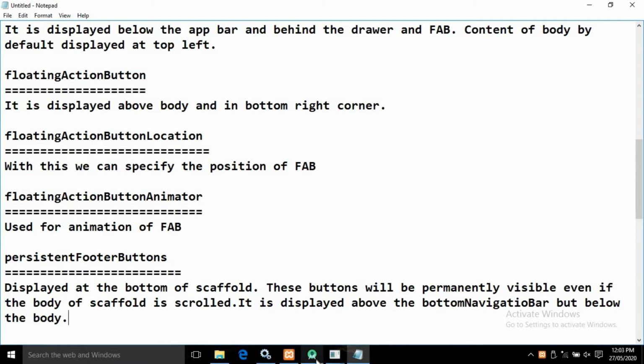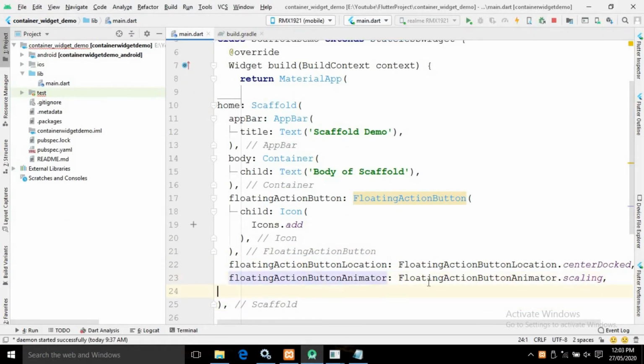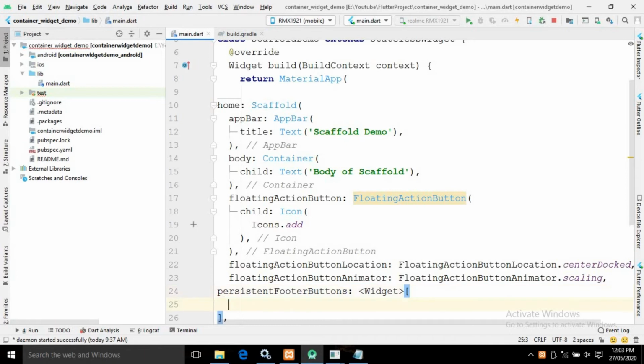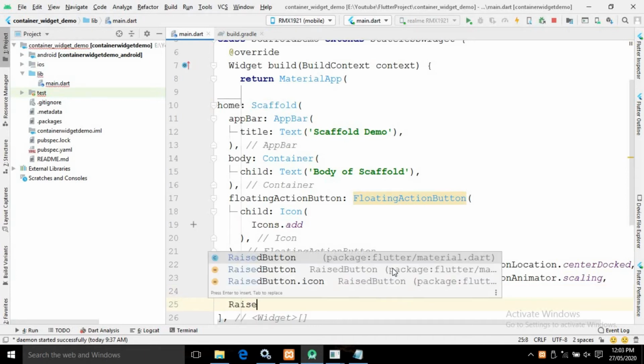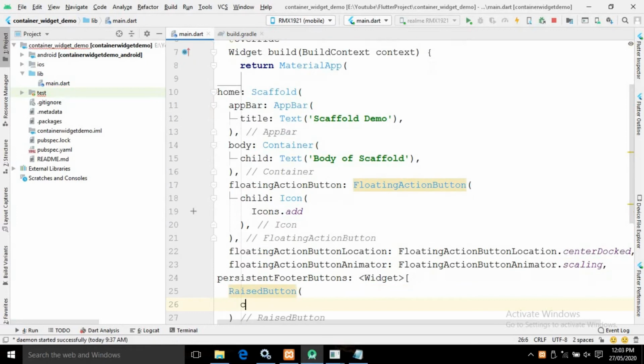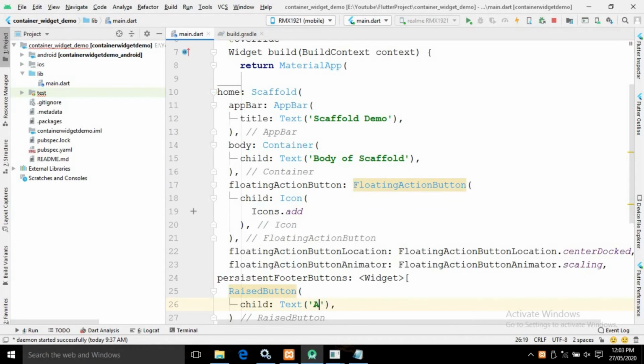Okay, let me show you what I will do here. I will use this persistent footer button. Now as you can see here, it is taking a widget array. Here I will take two widgets, and here I will take raised button. Again, it is a widget that I will discuss in my upcoming videos. And as a child, I am writing accept,